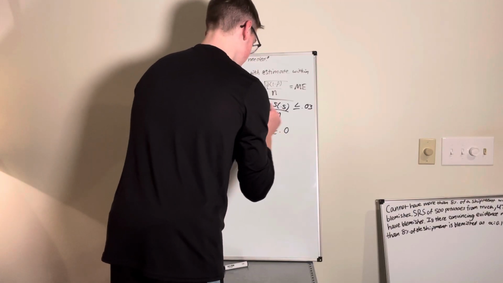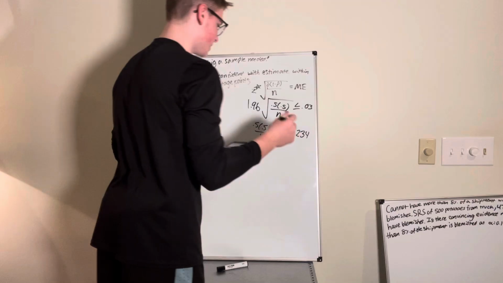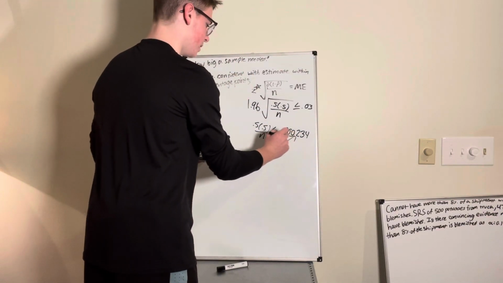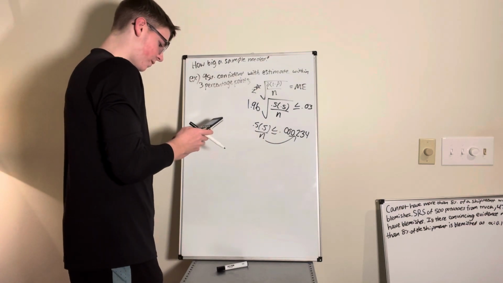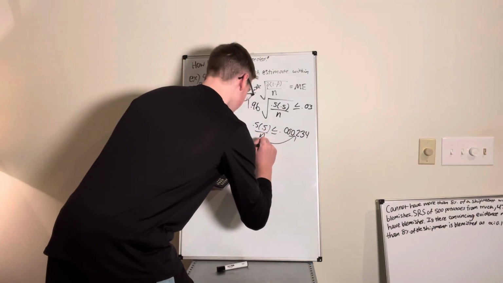1, 2, 3, 0, 2, 3, 4, right? It's something like that. You didn't even have to write that down. And then you can multiply the n over here and divide this 0.25 by this value. So I'll just do 0.25 divided by that value. And you get n equals